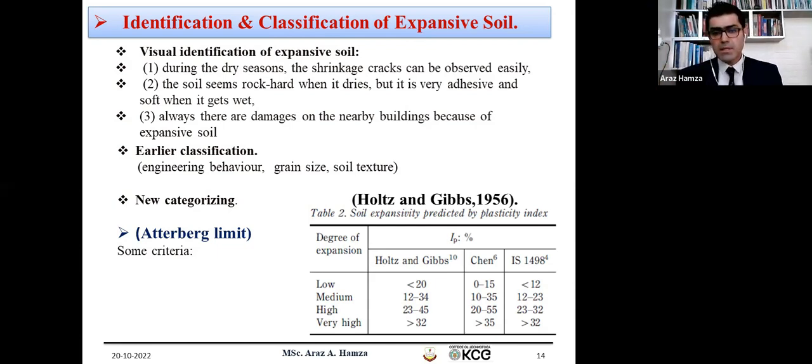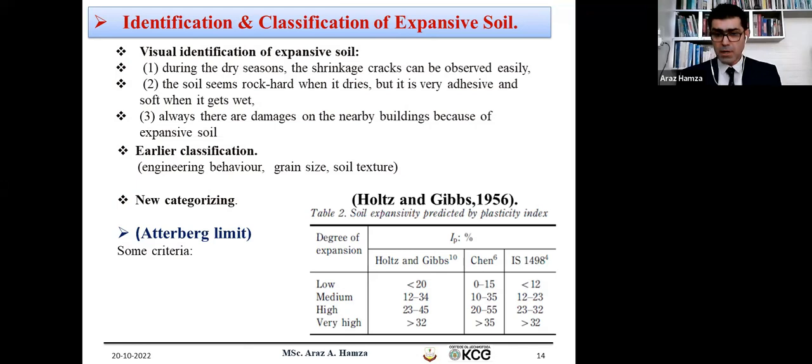Also, there are some other methods that were used in the past, and today are also available and possible to use to identify the expansive soil by dealing with the engineering behavior of the soil, like grain size and properties of the soil texture. For example, the Atterberg limits, liquid limit and plastic limit can be a very good parameter to identify or decide